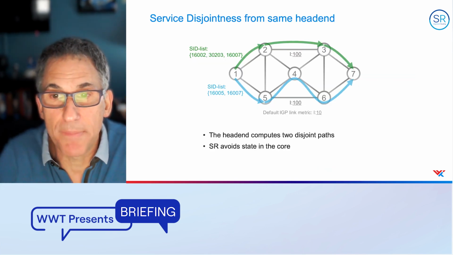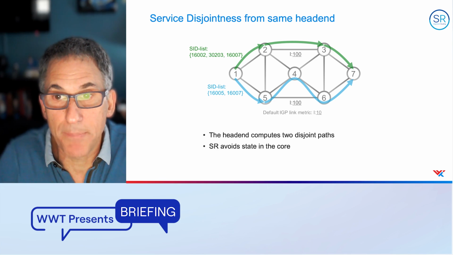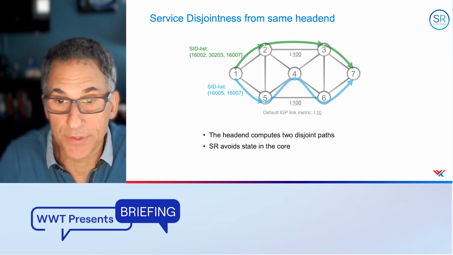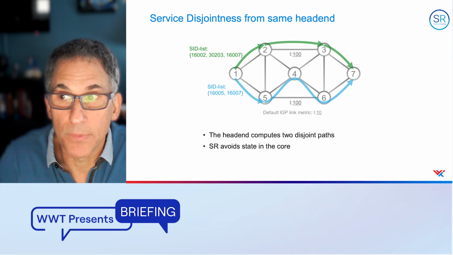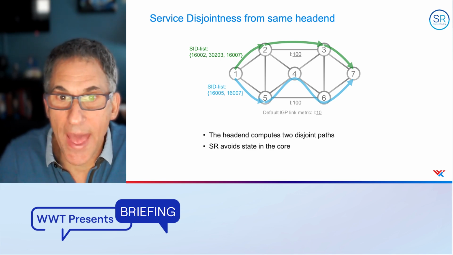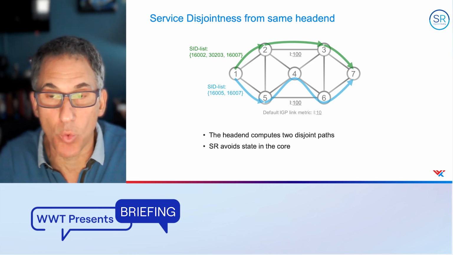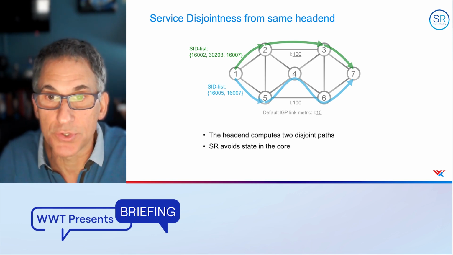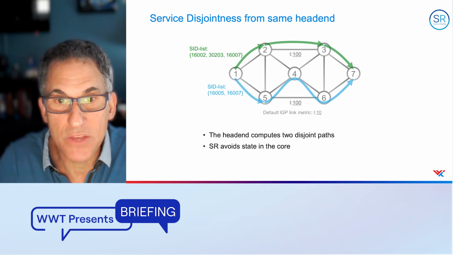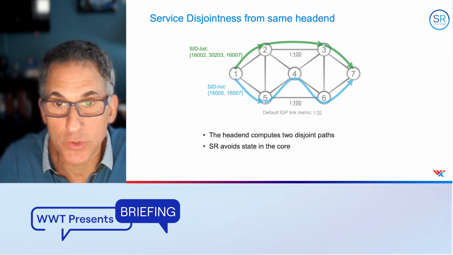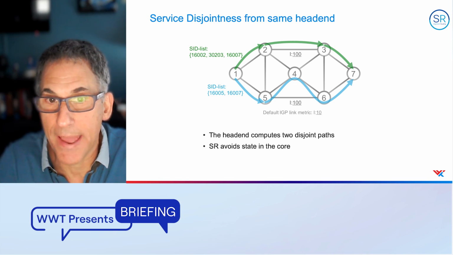Service disjointness from the same head end. Here we have router 1 trying to send a packet to router 7, and we want service disjointness. This is very common for cell backhaul, where wire providers like cable providers are asked by mobile carriers to give them backhaul connectivity for their cell network, and they don't want it to traverse common links or common nodes. Here we do this automatically on router 1. We just say build 2 paths, and we give both paths the same ID value, and that means router 1 knows that when he builds those paths, they can't use the same links or nodes. He computes the paths and sends the packet from router 1 to 7.